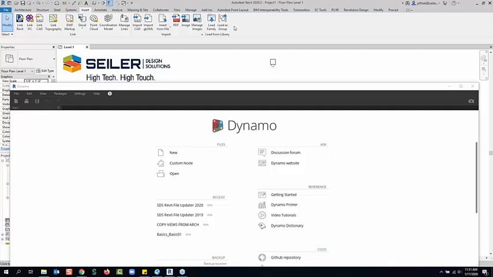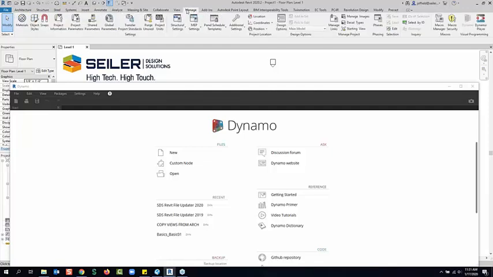One way to open Dynamo is actually through your Revit program. You can go to your Manage tab when the program's open, and you'll see Dynamo over here on the far right of the ribbon. You can also just open up Dynamo from your Autodesk folder as well,